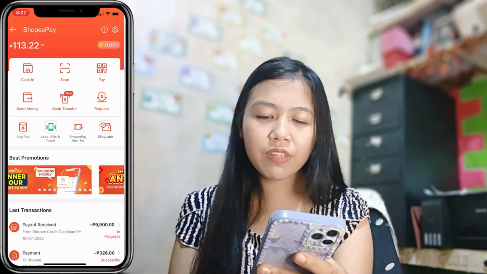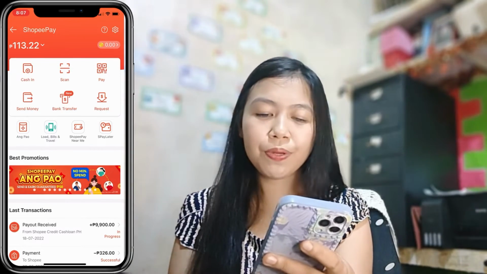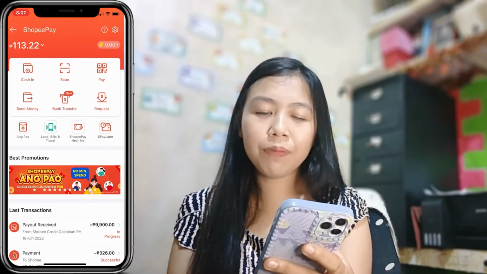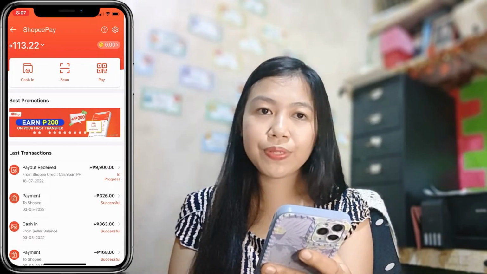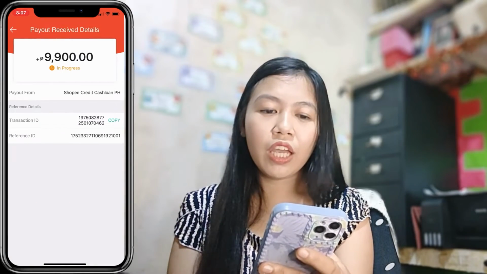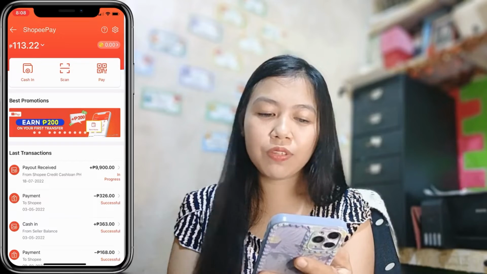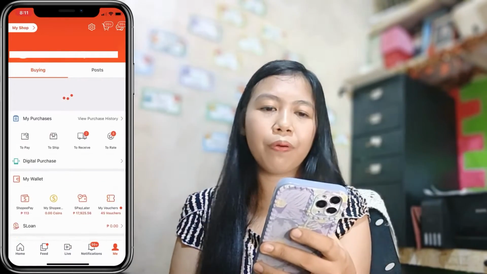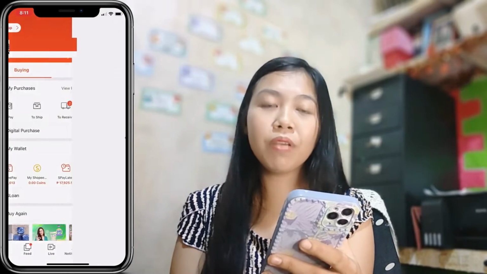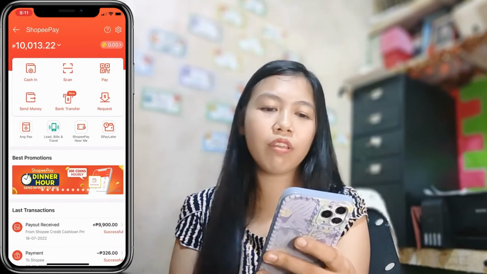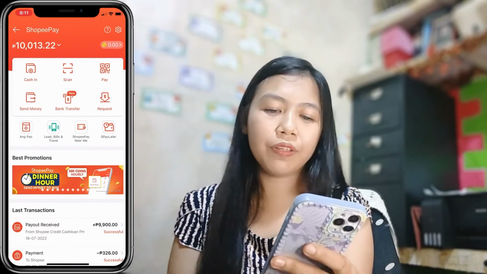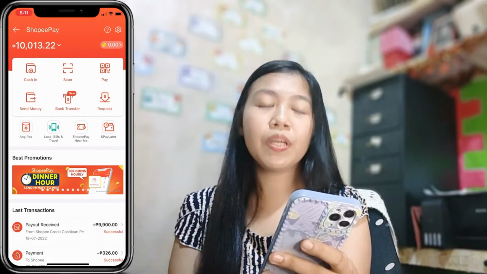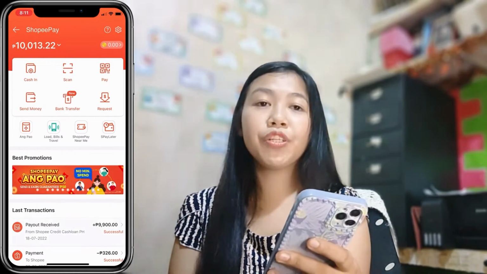And as you can see in our last transactions, we do have here a payment receipt of 9,900, and it is in progress. So let's just wait. Okay, there you go. In just a couple of minutes, we have received our loan of 9,900 in our Shopee Pay.